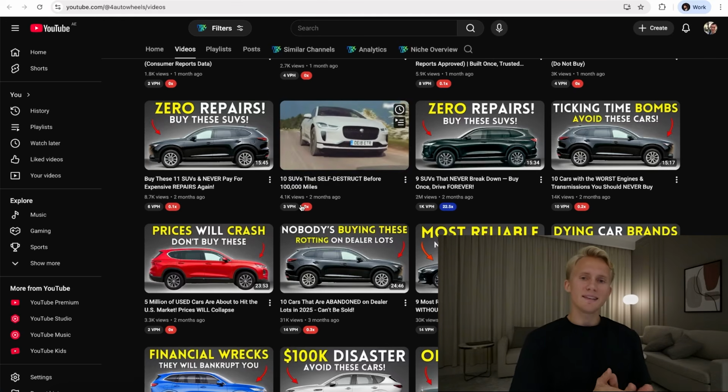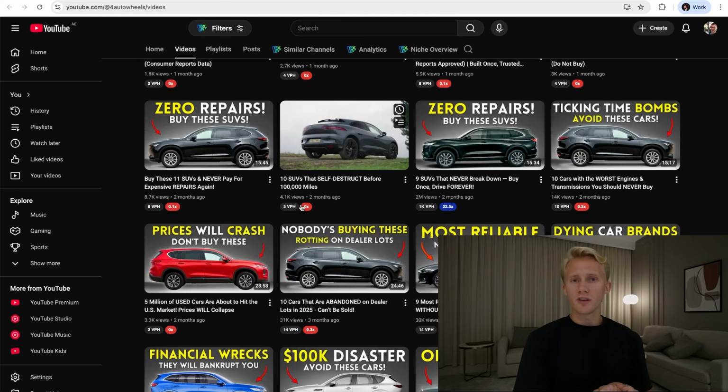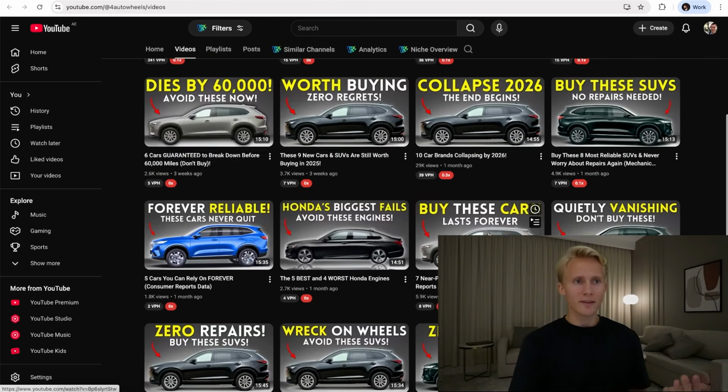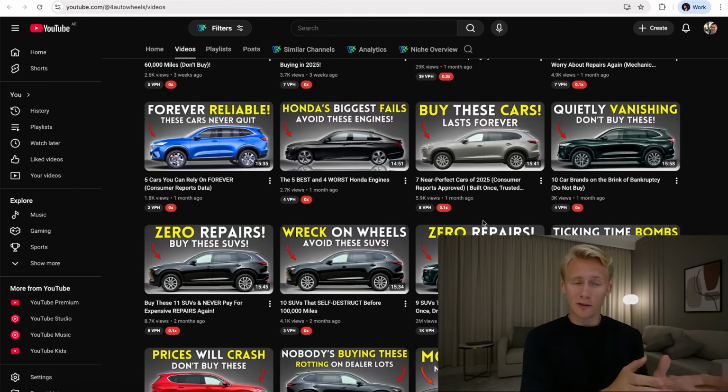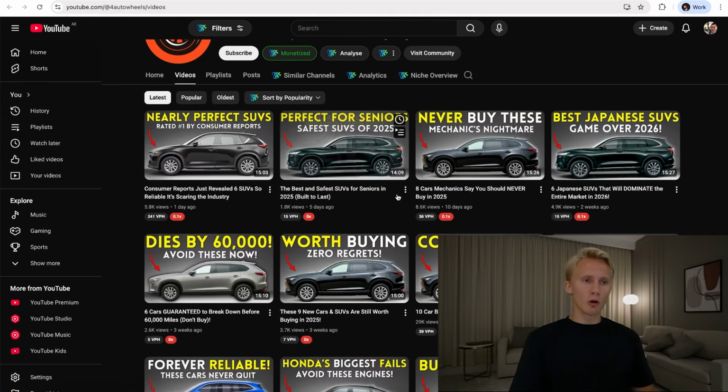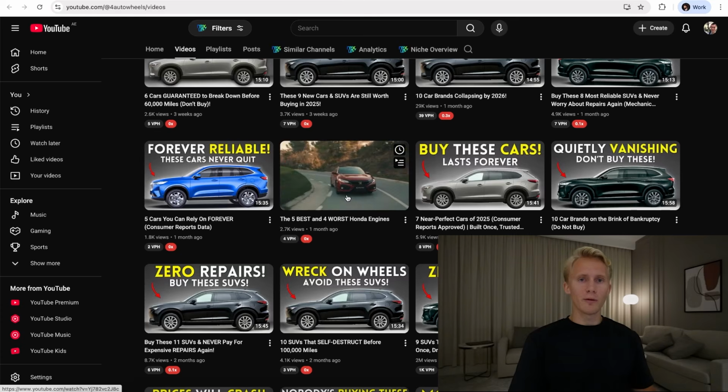The logic behind this is quite simple. YouTube wants you to keep a viewer on the platform for as long as possible. So if you make longer content, and considering it's the same quality of course as your competitors, then you will naturally keep a viewer on the platform for longer, meaning that YouTube will prioritize your channel instead of the competitor.